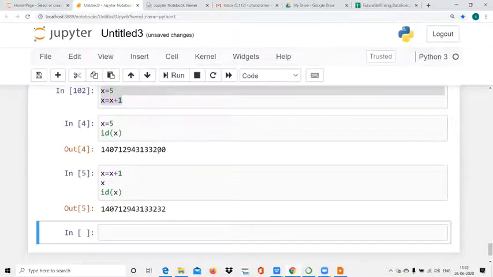Both memory locations are different. This x and this x are different.